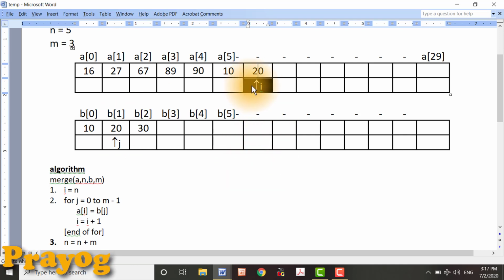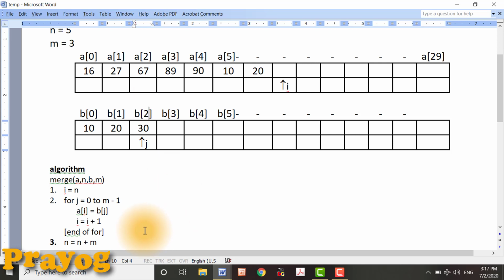Next, I is equal to I plus 1. I moves over here, and j is equal to j plus 1 by the for loop. Note the value of j, it is 2, which is still in the range 0 to m minus 1. That means 0 to 3 minus 1, that means 0 to 2, still in the range.